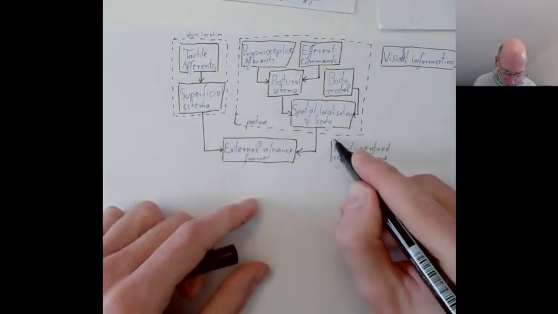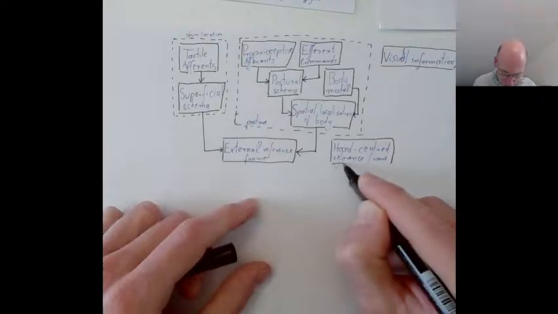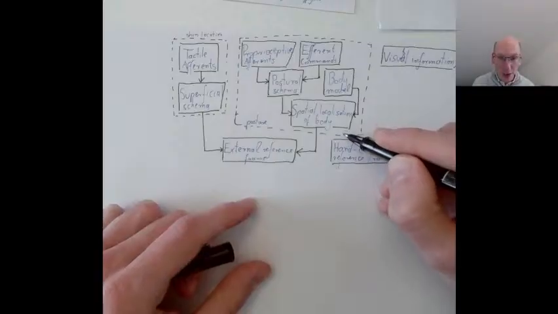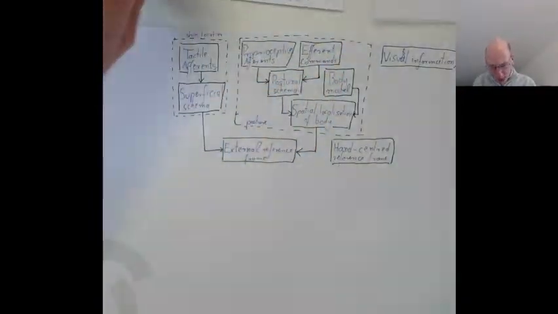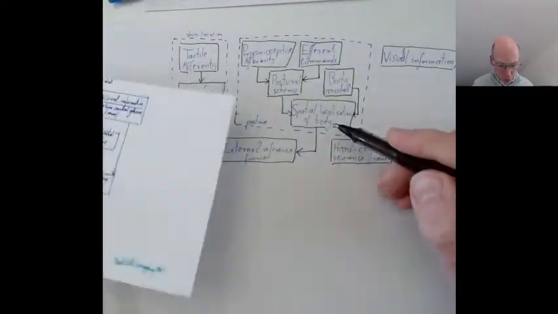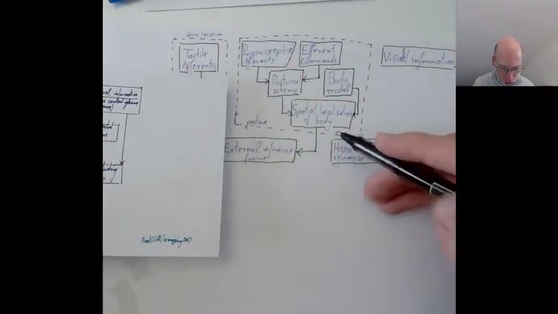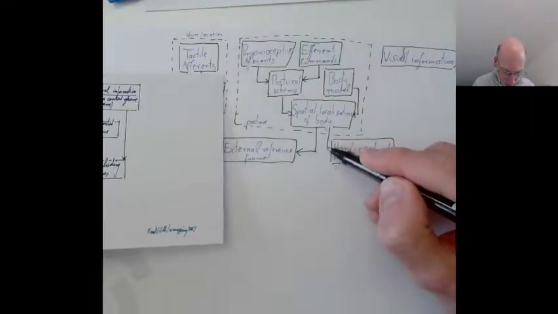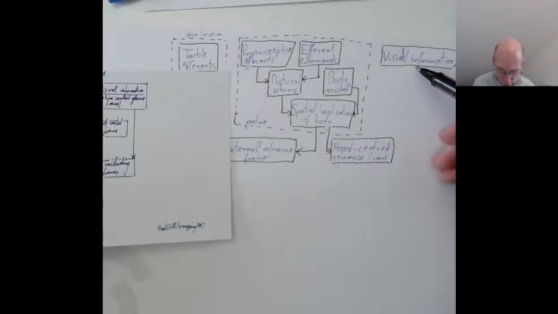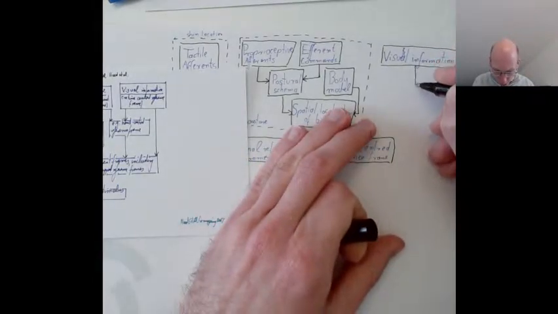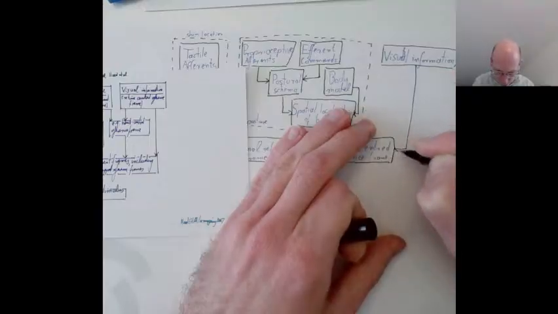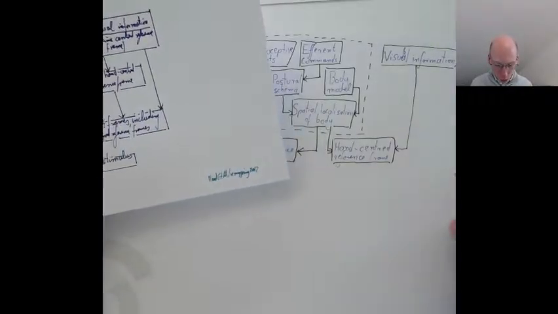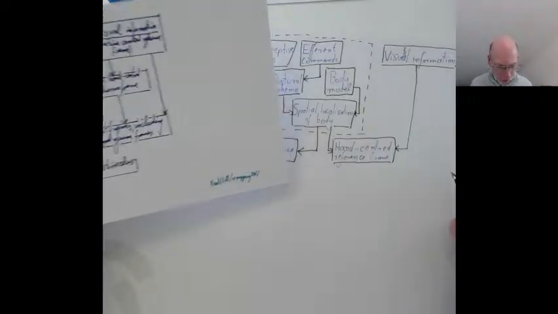Let me put a box around that. And where does it get the information? It gets the information from, they call it posture, so since all of that is posture, the last box in here is spatial localization of body. So I again draw this, and then visual information. Wonderful. Great. So hand-centered reference frame,